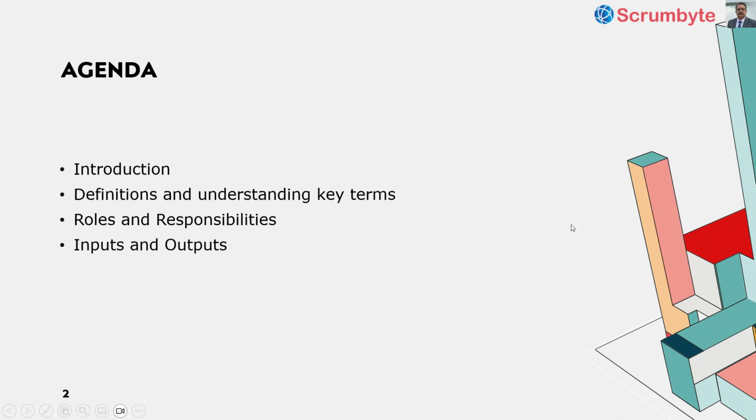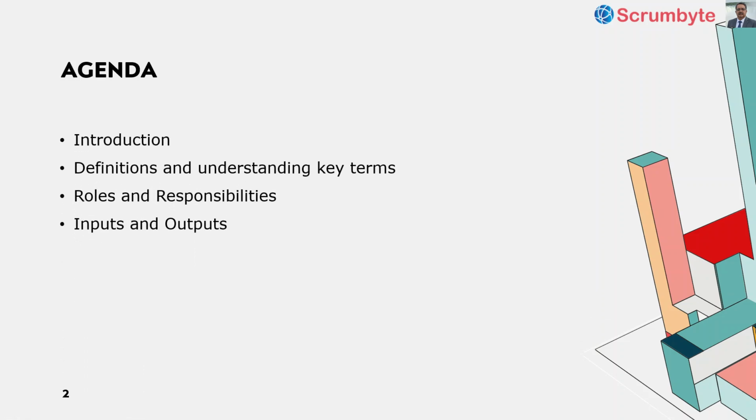So in the agenda, we had already discussed the introduction to what is incident management. We also went through the definitions and understanding key terms. It's very important to understand all of them to get to part 2. So I would advise if you had not seen part 1, please do so. We also understood the different roles and responsibilities that are required for running a successful incident management operation. And we also touched upon the inputs and outputs that are required for a proper incident management